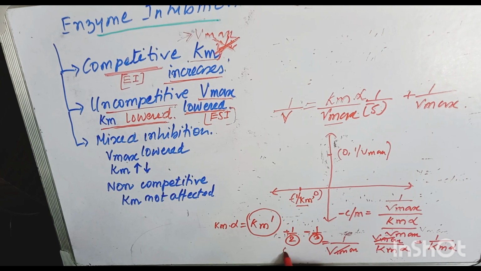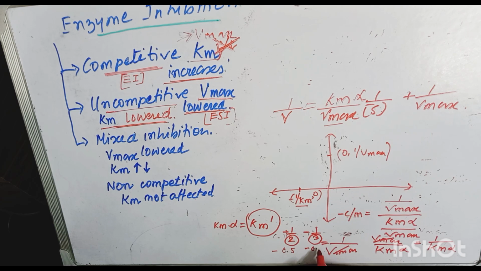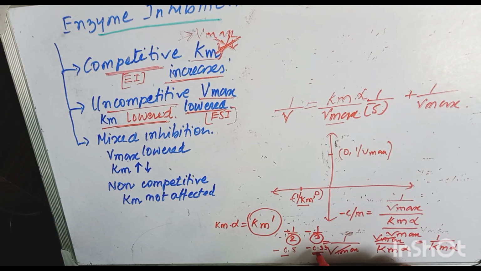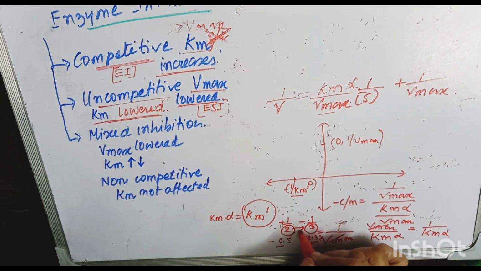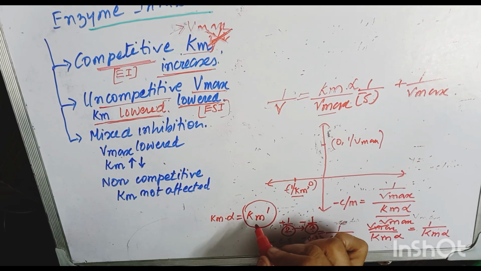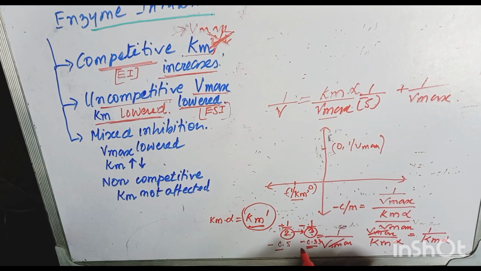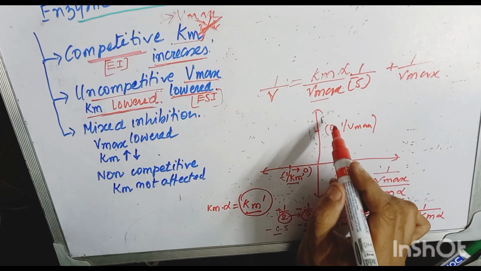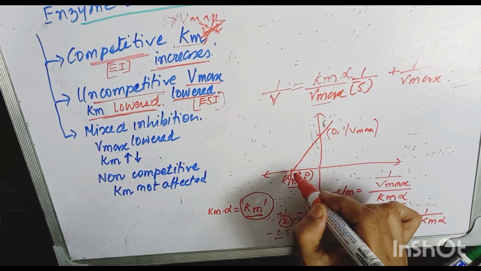Minus 1 by 2 is 0.5 negative, and minus 1 by 3 is 0.33 negative. So which one is closer to 0? This minus 0.33 is closer to 0. So while the Km value goes from 2 to 3, that means Km has increased to Km dash. So this point has shifted towards this end, and we say that this is the uninhibited line, and this is